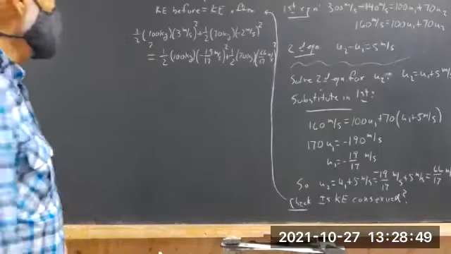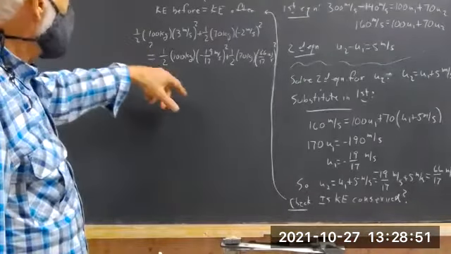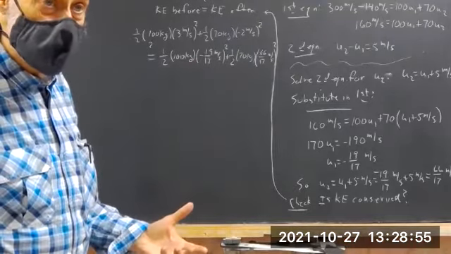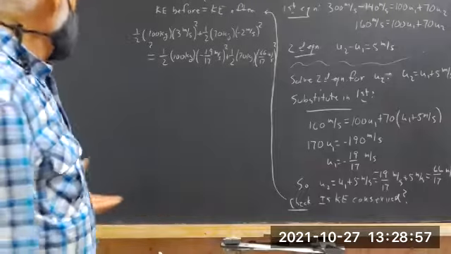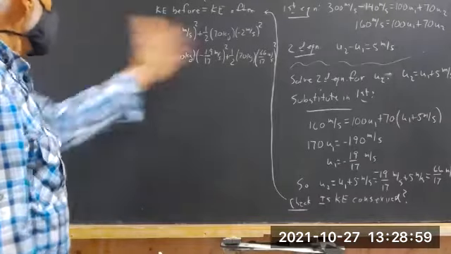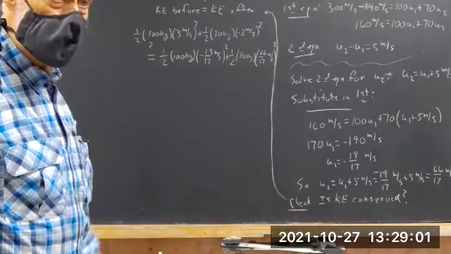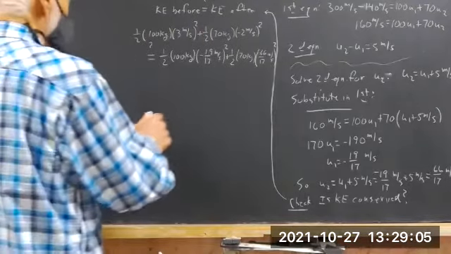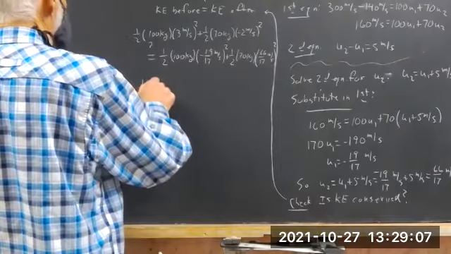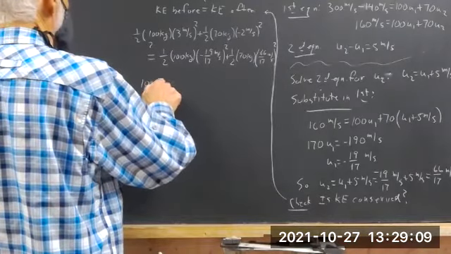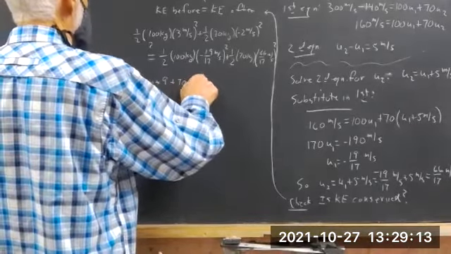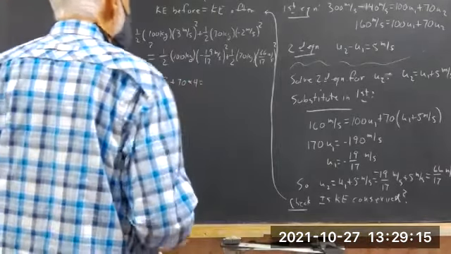Now, this is fairly easy. Of course, we can divide out all the kilograms and meters per second squared, and we just get pure numbers. And we get rid of the 1/2. Don't have to worry about the 1/2, just divide through by 1/2. So we get 100 times 9 plus 70 times 4 equals